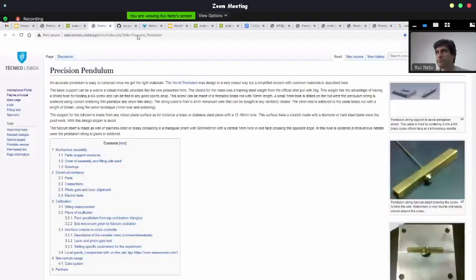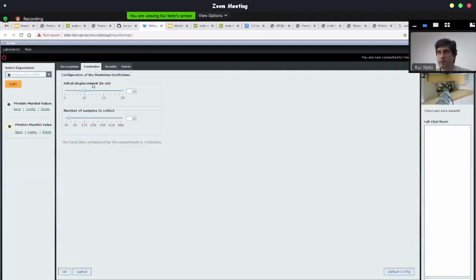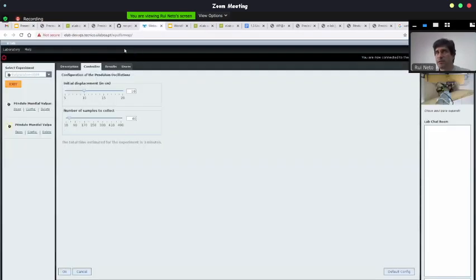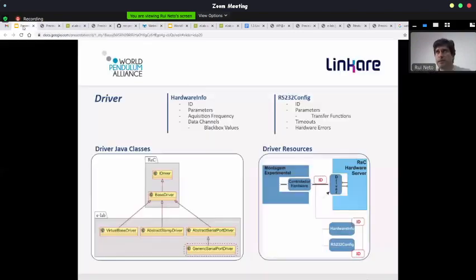The parameters are basically the input for the experiment. These are the configuration parameters, the parameters that the user will be configuring in order to start the experiment. The data channels are basically the results tab, or the variables or the values that we will be getting from the experiment itself. These will be coming from the hardware itself. And this is usually done through an